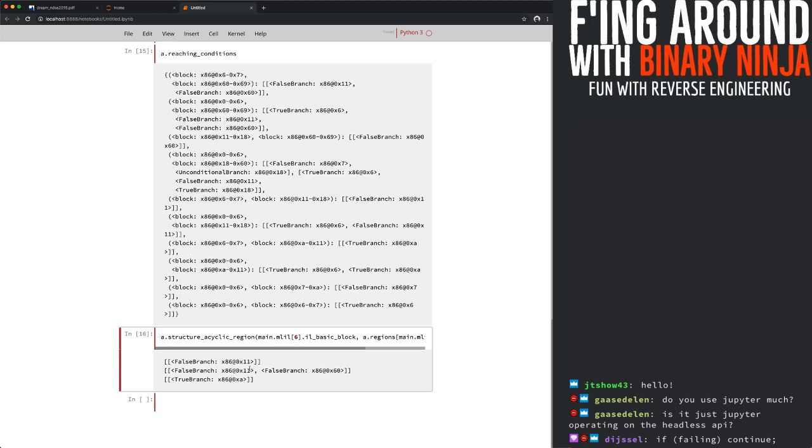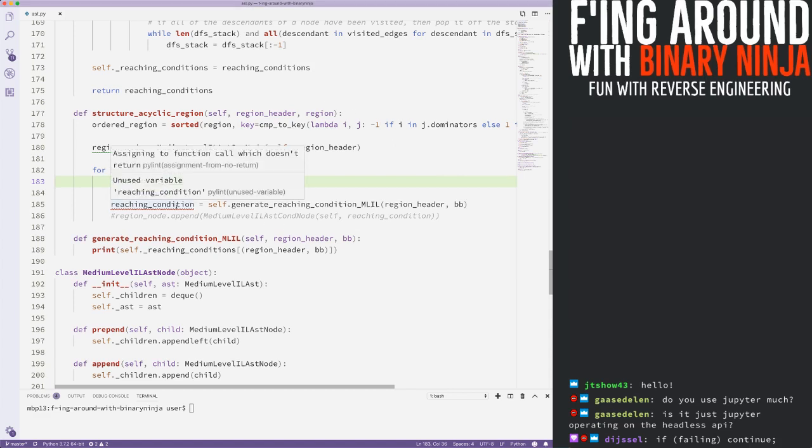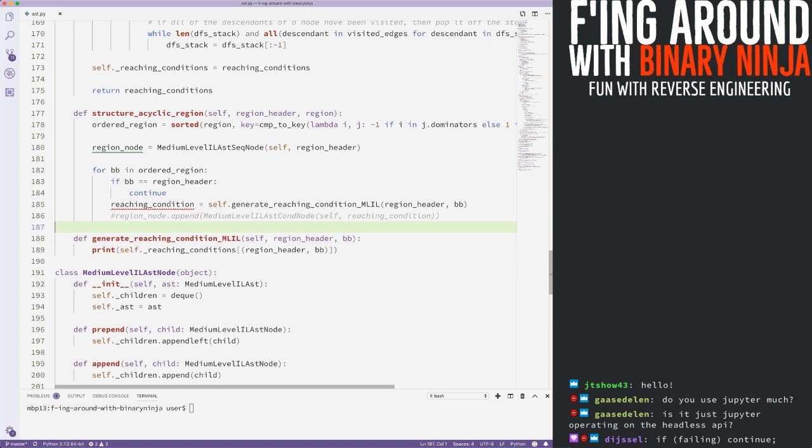If not this and not this, then do what's in that basic block. And then if true here, do what's in that basic block. And so we can assign from a, yeah, we'll get that in a second. So what we want to do then is let's actually get the,